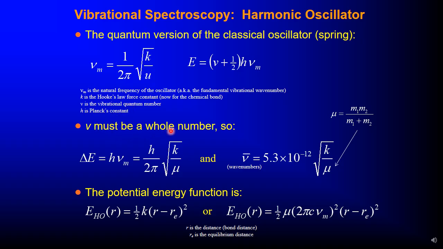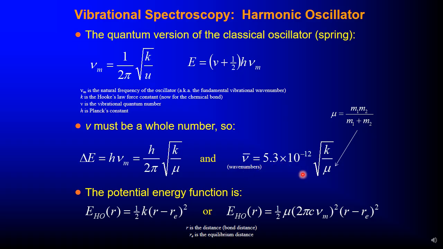Mostly V must be a whole number. Remember, most of these energies are quantized. So that means you can also get the energy. If you need to get the energy, you reorganize this formula to this: energy is equal to Planck's constant times the natural frequency of the oscillator, which you can expand to this formula here. And then if you want to get the wave number,